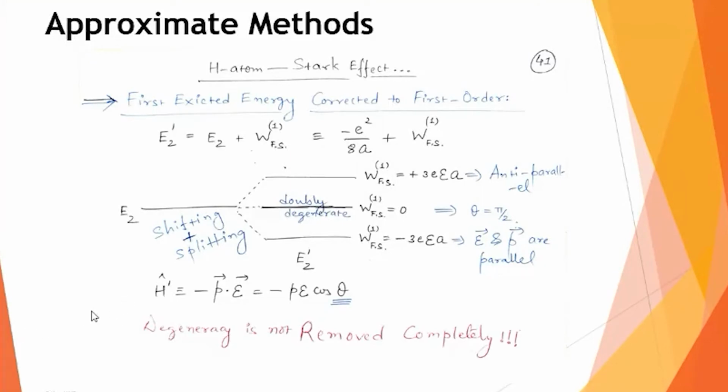Of course, it is not completely removed, because the central state, which has the 0, is still doubly degenerate, because there are two zeros, plus 0 and minus 0, something like that. So you can say that your four-fold degenerate states are now split into three different states. Not all four states are separated, but the tendency of perturbation is to remove this degeneracy, and you now have three separate energy states.